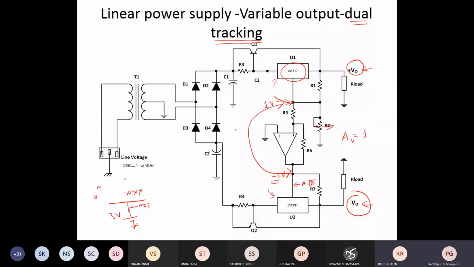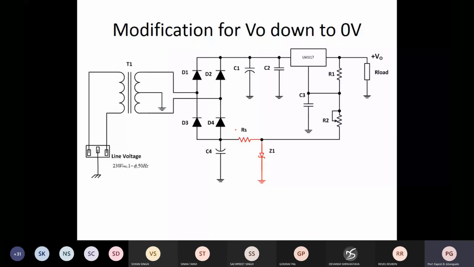Sir, got it, sir. Okay, we'll see this in action with a simulation. So don't worry about that, even if you don't understand this right in the beginning. Now, if I want to modify this, many times you require that the output voltage should start right from 0 volts instead of 1.25 volts, which is standard with these devices. So for that, I can make a modification like this. See what I'm doing? I'm again using a dual complementary. So I'm having some negative output here. And then I'm using a negative shunt regulator. It's negative.